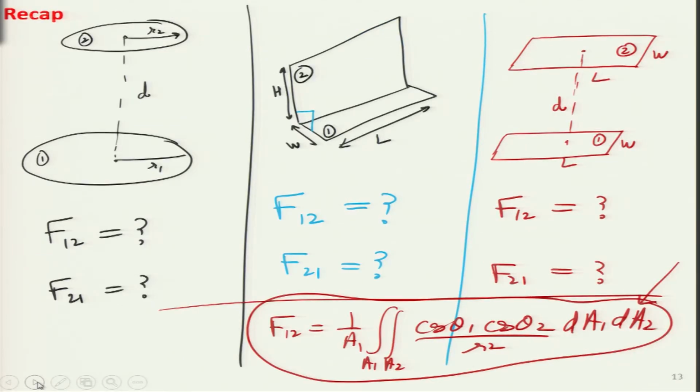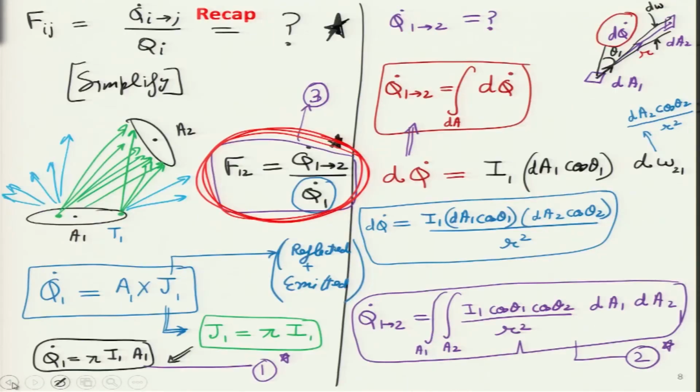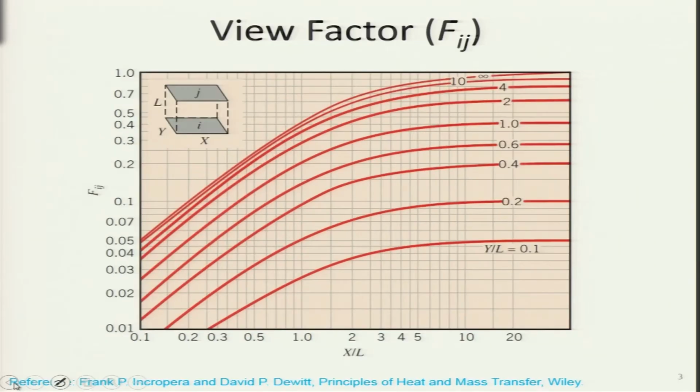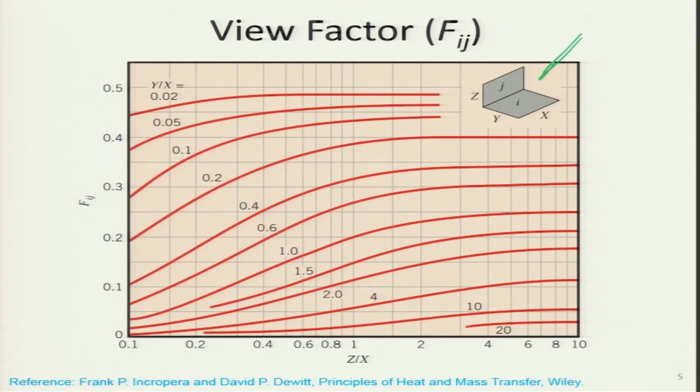Before we ended the lecture last time, I highlighted the difficulties in using some complicated geometries over here, and for that I had mentioned that very quickly we will look at these figures. These figures and tables we will look at in much more detail today. So, for 2 parallel plates like it is given over here, we will look at that, then 2 discs also we can consider, and for all these things previous literature in the form of technical books contain these types of figures and tables. So, we will look at them in much more detail today.